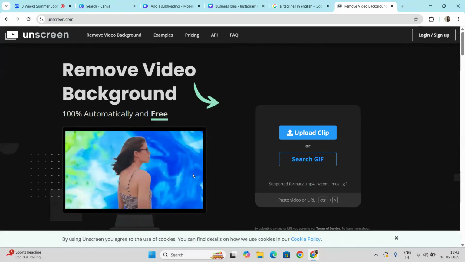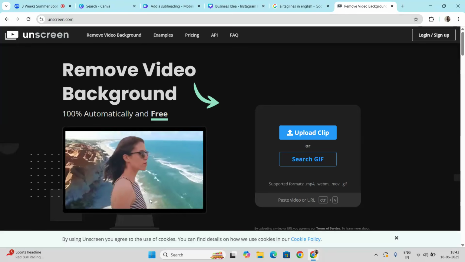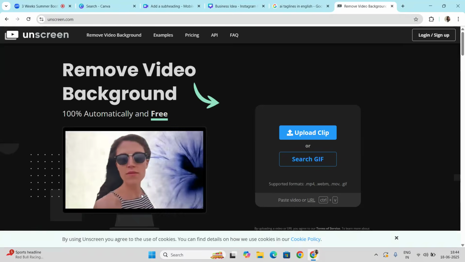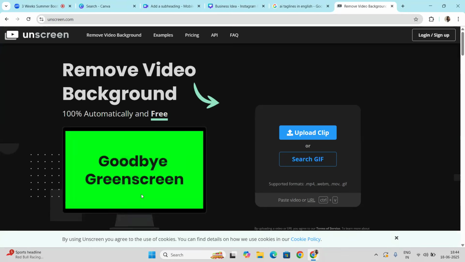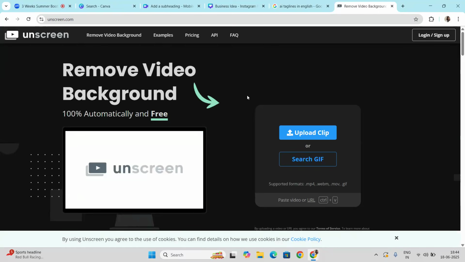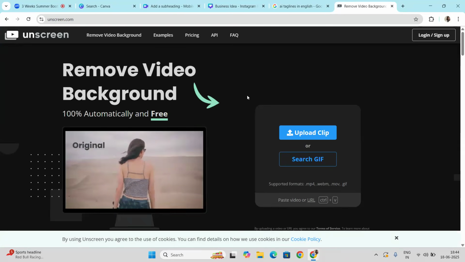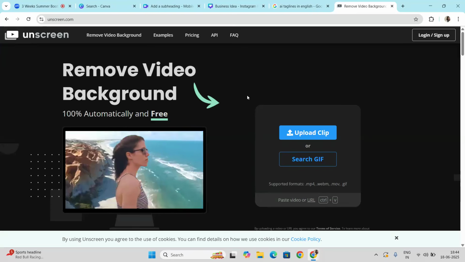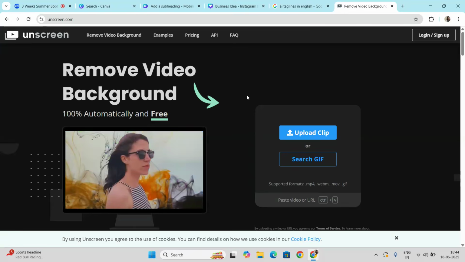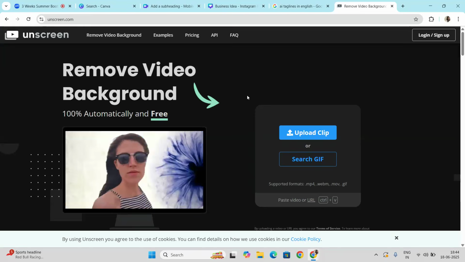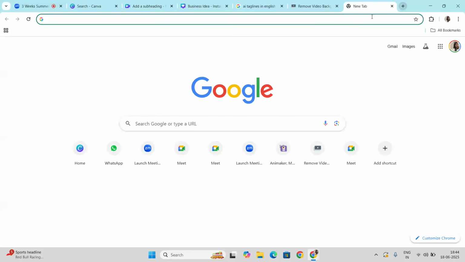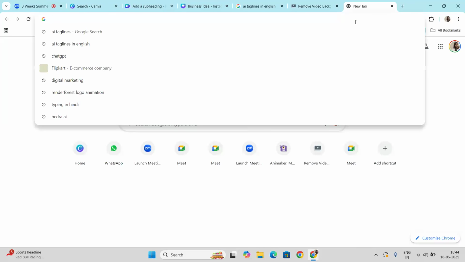This is the original video, and this is being created because the main person is clearly recorded. In some cases you can't get proper video background removal because of the quality of the video you have. So you must have clear quality content in video format, then just upload your clip and you can remove the background. And it's good if you have any video with a green screen. That will help you a lot.